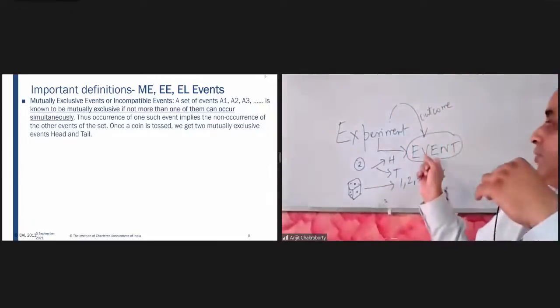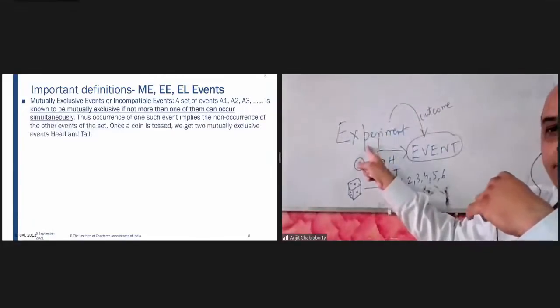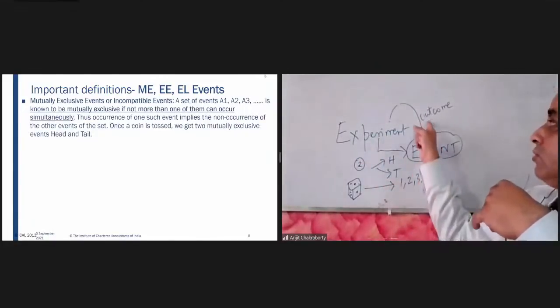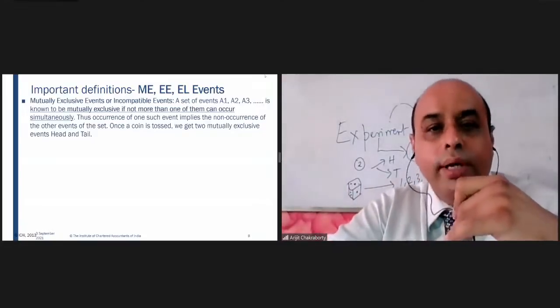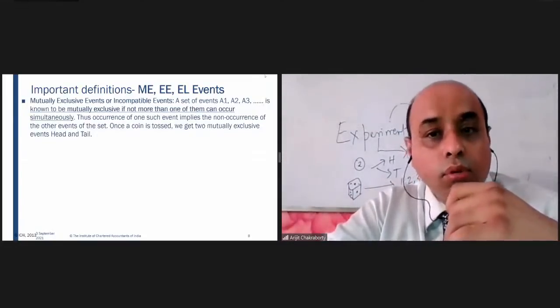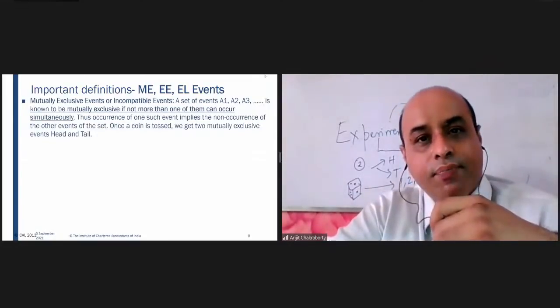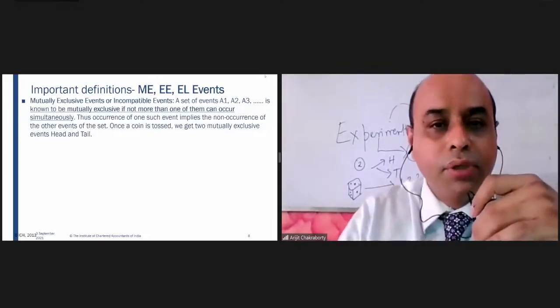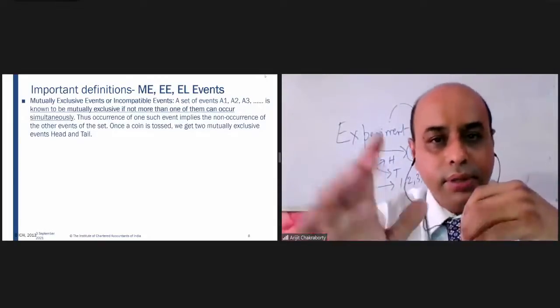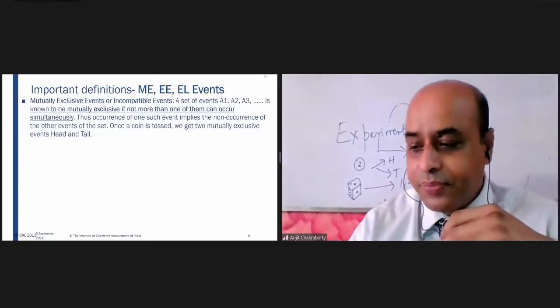So what is an event? Event is an outcome of an experiment. Okay, please see this. Event is an outcome of an experiment. So a set of events is said to be mutually exclusive if not more than one of them can occur simultaneously. Please note the underlined line in the portion which is underlined in the first paragraph in this particular slide. So we can say,